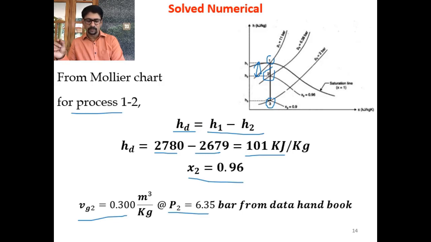Vg at 6 bar minus, because it is decreasing, 0.35 into the difference in Vg values between 6 and 7, that is 0.31546 minus 0.27268. So I repeat, Vg at 6 bar minus 0.35, because 6.35 is there, so 35. If you divide between 6 and 7 into 100 parts, 35 by 100 is 0.35. So 0.35 into (Vg at 6 bar minus Vg at 7 bar). So you can cross verify the value which I gave in the slide. Okay, so I got it as 0.3 meter cube per kg.